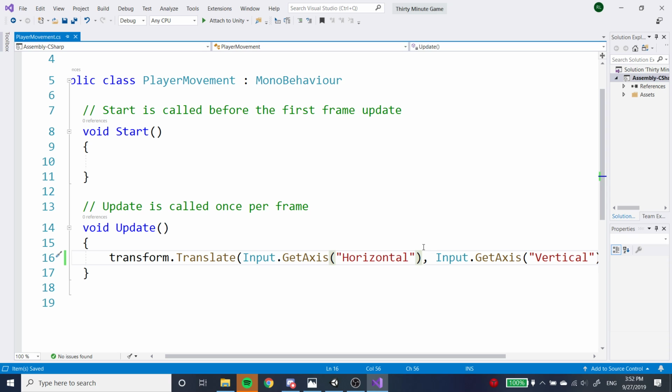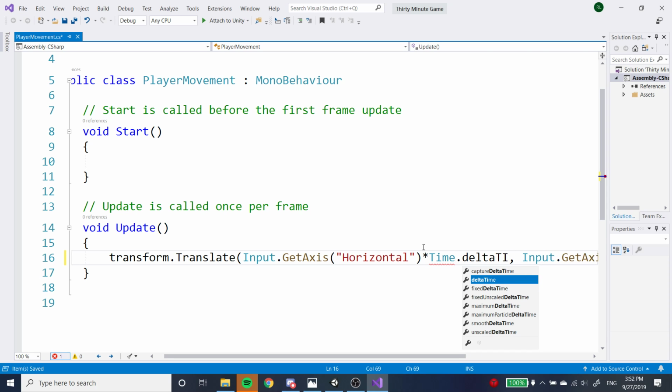However, here's something new. Like I said, you'll be learning some new things. There's something called time.deltaTime, and basically, this is the number of seconds per frame. Intuitively, you can think of it as a very low number. And by multiplying by that low number, instead of moving at 30 frames per second, you're multiplying 30 frames per second times